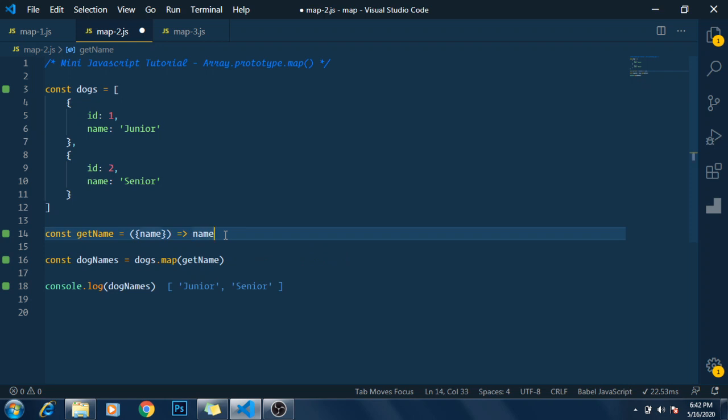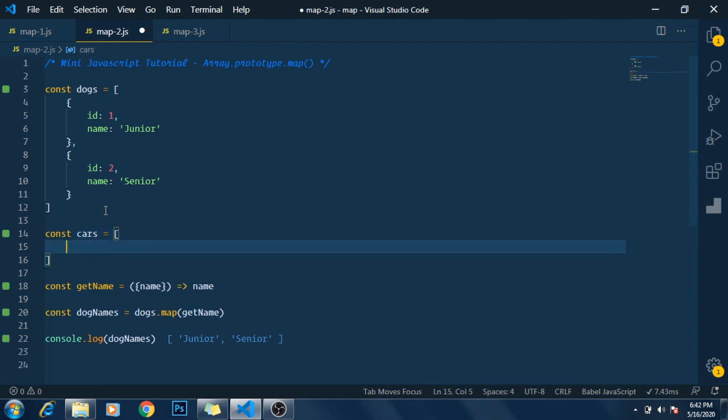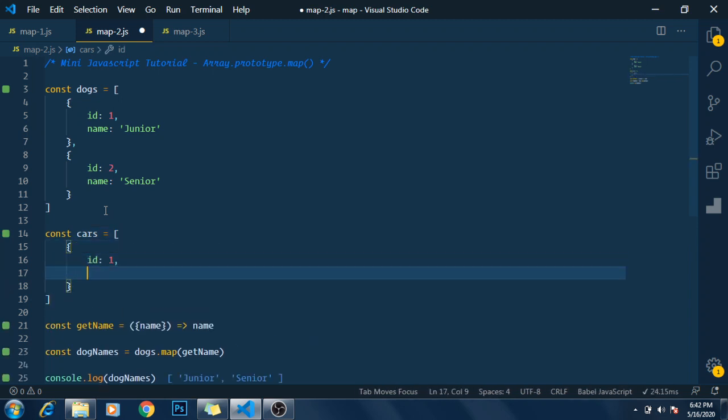The reason we usually isolate the callback function from the map function is because it gives us massive code reusability. Say I have another array, const cars, which is similar in structure to my dogs array, where each car has an ID and a name property.